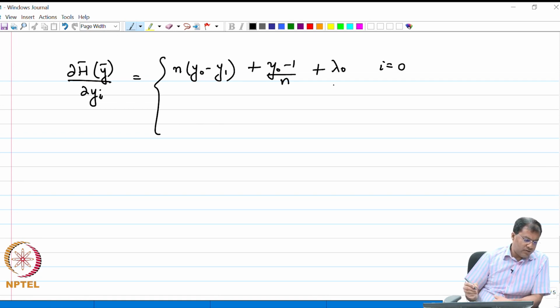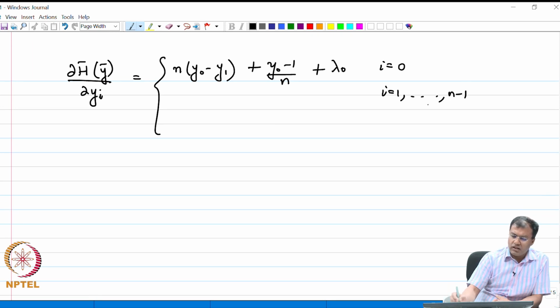Here I have straight away used, in the expression of capital F, the information coming from the boundary, and for i equal to 1 to n minus 1, that is all the interior points, the expression reduces to the following: